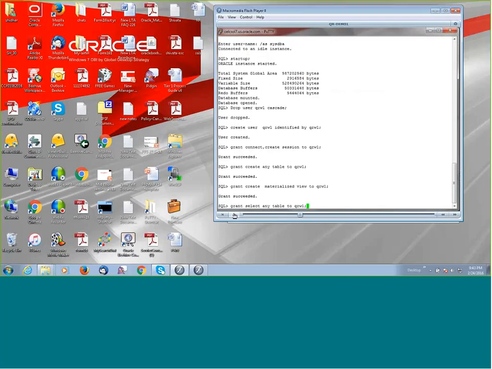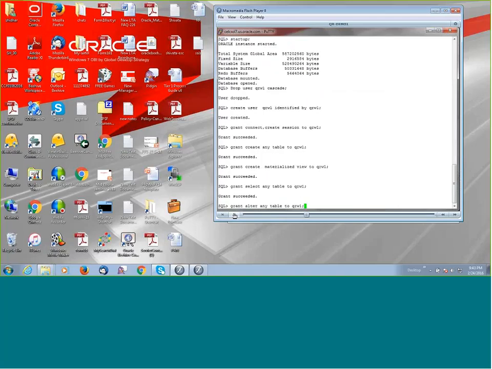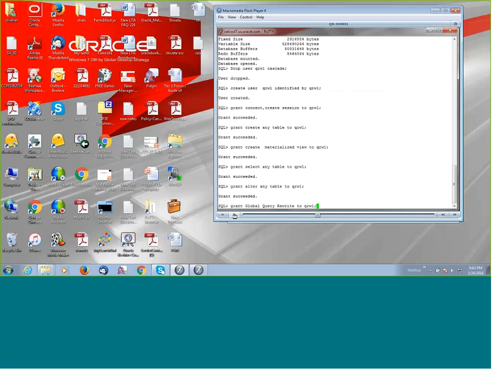Grant select any table to the user QRW1. And grant alter any table to the user. Now grant query rewrite to QRW1 is a privilege that is specific to query rewrite. I have altered the user to have unlimited quota on the user's tablespace.